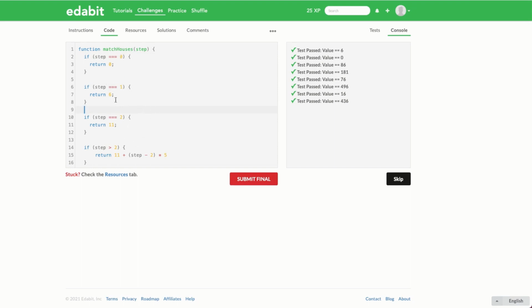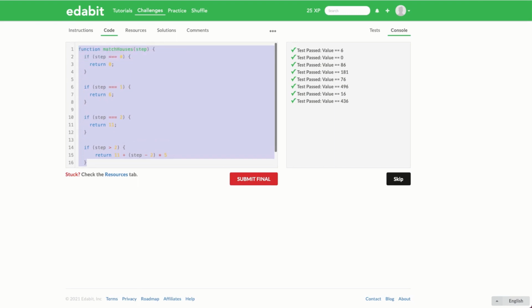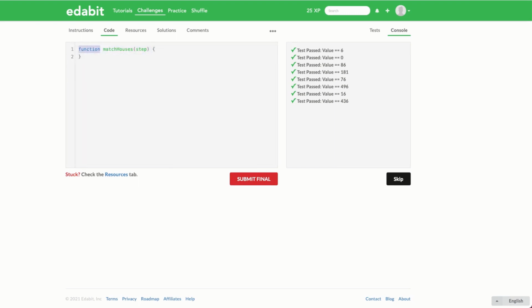But there's a quicker way that you can actually abbreviate if statements into a single expression. And that's using a ternary operator. And in this case, we're going to do a nested ternary operator. So let's just remove all this code that we've got here for the moment. And again, I'm going to convert this to an arrow function. And we can remove all of that there. Okay, so on the next line, I'm just going to recreate those checks that we had, but with a ternary